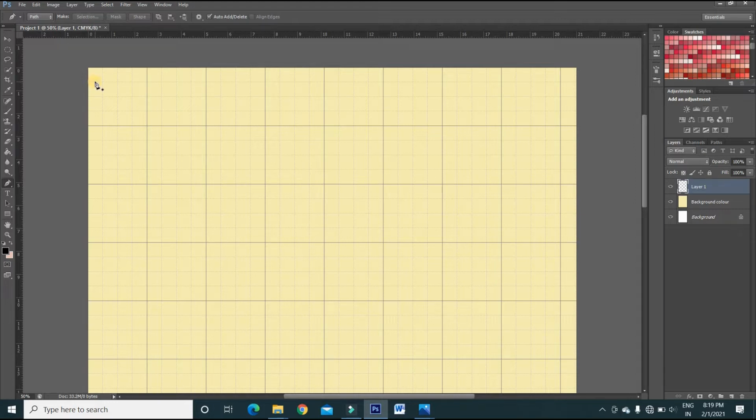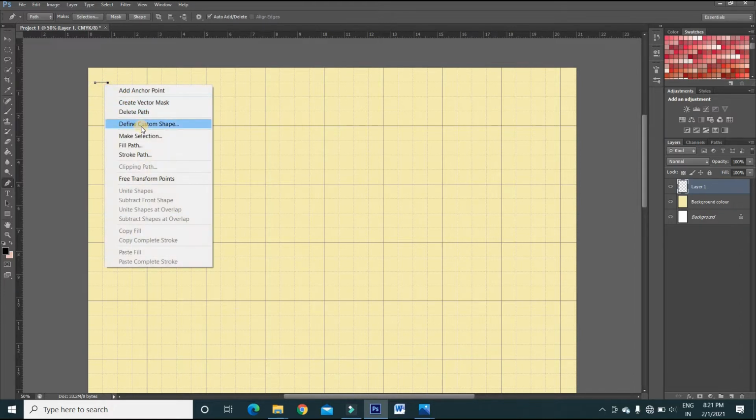For creating a starting point, as I explained in my second video, left click once and the starting point will be created, and then to create the second point, press the left click again and the line will be created. After I have created the guideline using the pen tool, now I have to fill in the color into this line. So for filling the color I will right click on my mouse, and here you can get more options. In these options I will select stroke path.